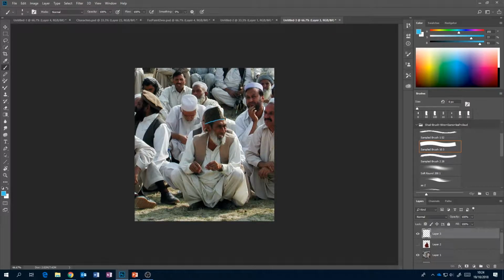So, whoops. God, this is a tricky Wacom tablet I've got at the moment. So I'm just going to roughly block in the different parts of him. So got this cool little sort of waistcoat thing. Blocking his hands, and again, I'm not bothering with every finger or anything like that. I just want